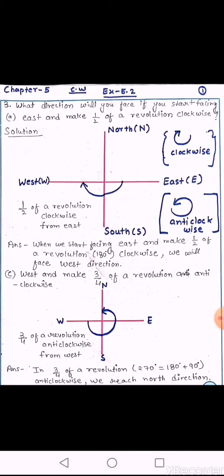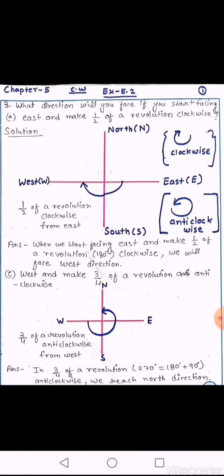As you know, when we make a plus symbol, on your right side it is east, on your left side it is west, up there is north, and down it is south. When you make the direction figure you have to make it the same as it is. Don't put it any other way. Now, where do we have to start?